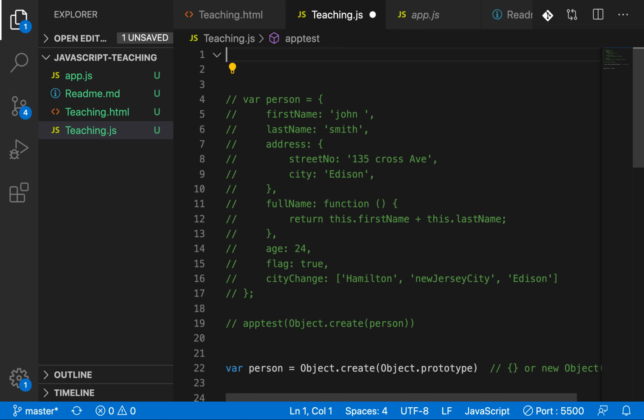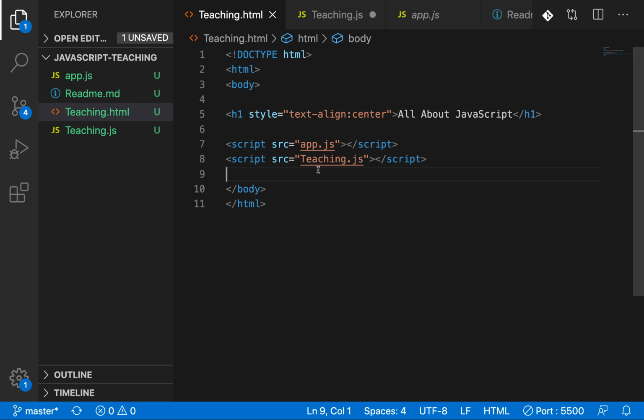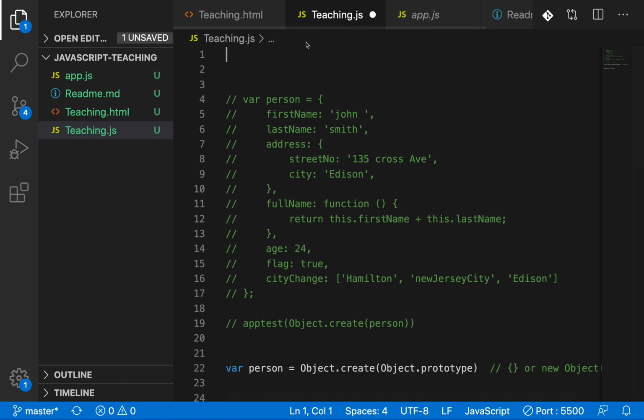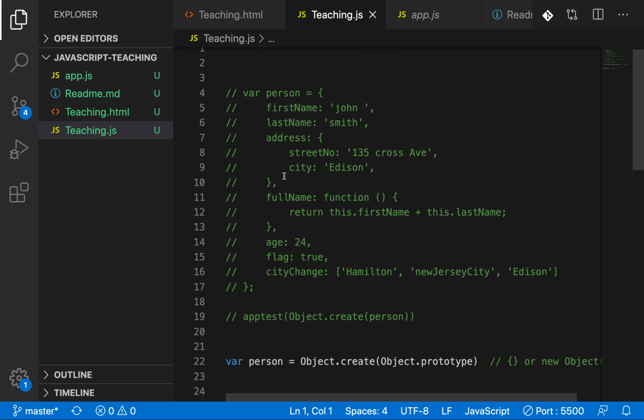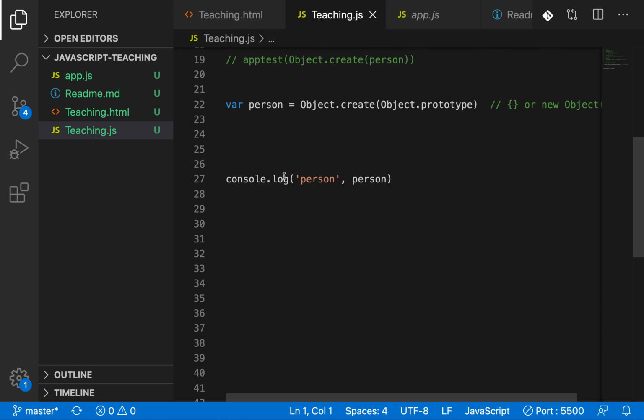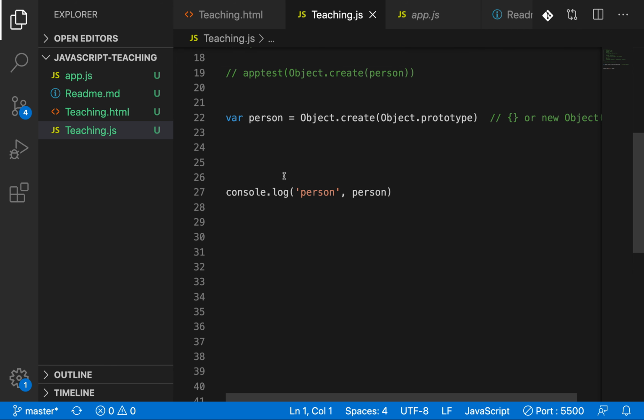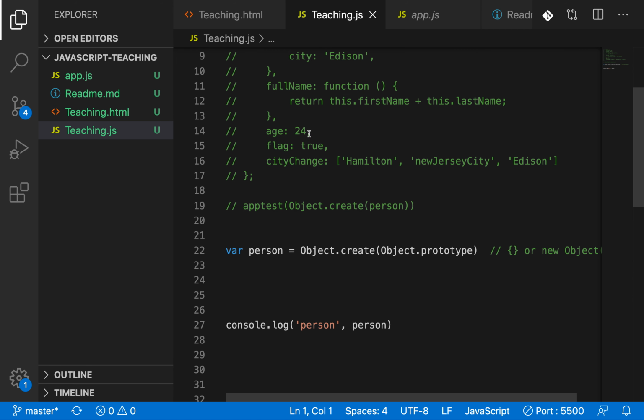Whatever functions you define in app.js will be at the start, and whatever functions are defined in teaching.js will come after the app.js functions. You got it, right? So I can access it directly. There is no need for a library. If you're using a library, there is an object name, and you define it with object dot something, but here you can use it directly, app test.